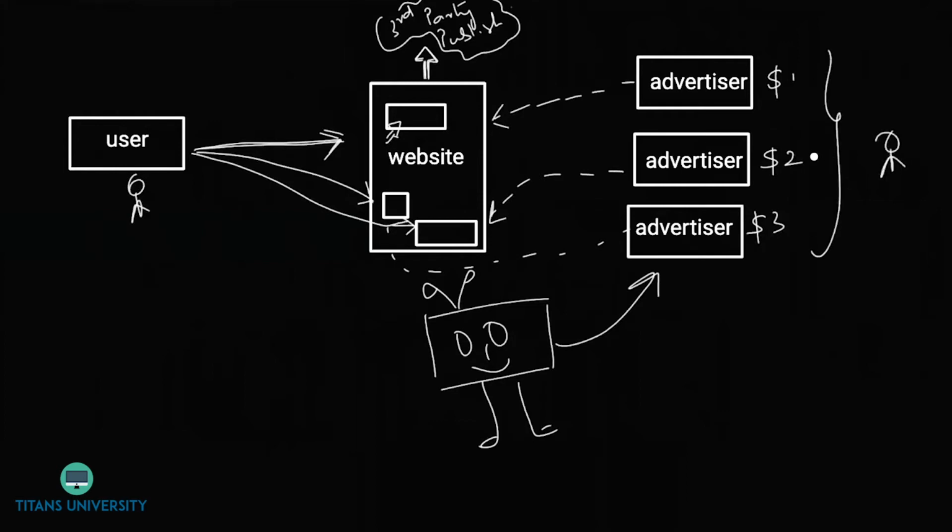Now, in this equation, let me tell you how this works. You are happy because you found things relevant to you, in case you find them relevant. Advertisers are happy because Google is helping them get clicks to their website. A lot of clicks come from users visiting the third-party website. Google is happy because it's making money. And the publishers are happy because Google gives them a percentage of whatever it makes on that click.